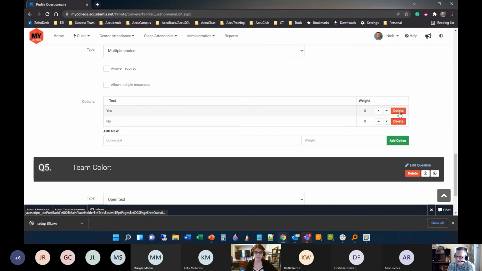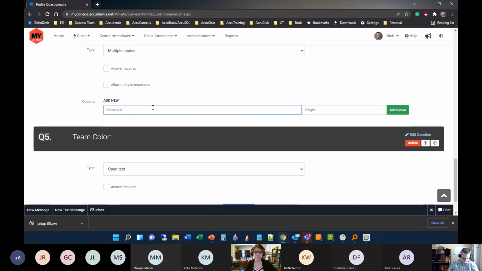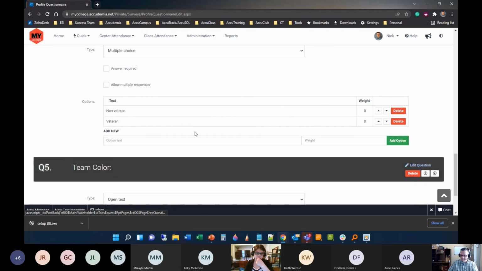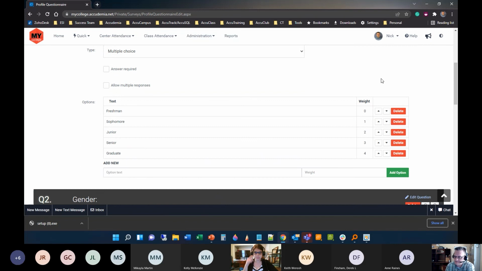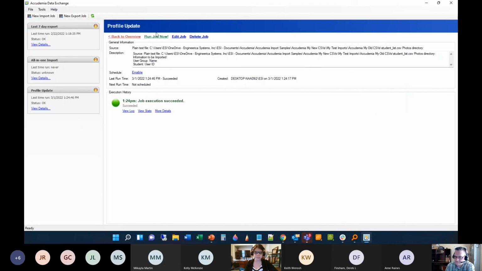If I were to delete these options and put in there, let's say non-veteran and veteran. I would only specify the answers though if you know that there's not going to be that many, so it's not like a huge task that you have to do. But if I did that, save the changes, and then went back to the import tool and ran it again,